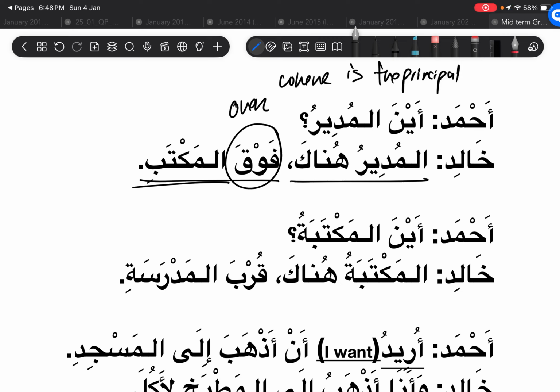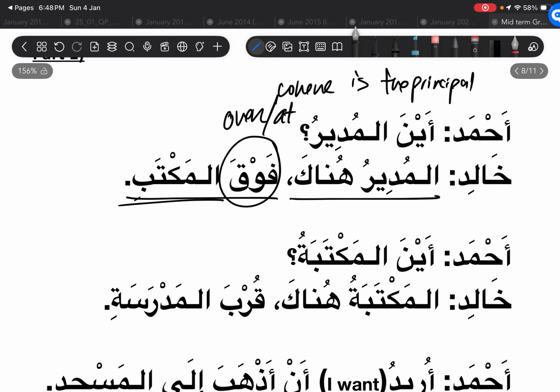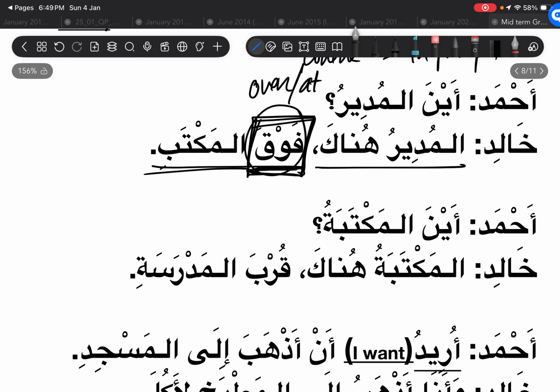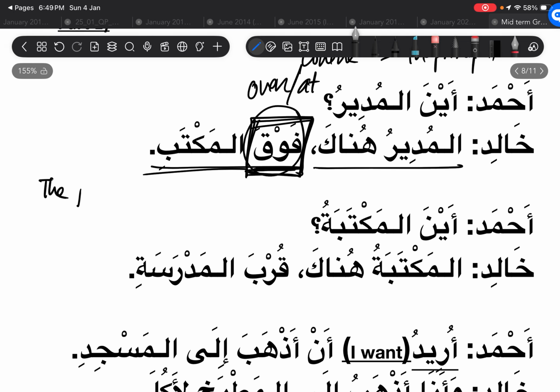That's over or at, it could mean both. Some of you said over the desk, above the desk. That did not make sense, but I gave you marks anyway. This word was not given in the vocabulary sheet, so you had to recall it from last semester. So this would translate to: the principal